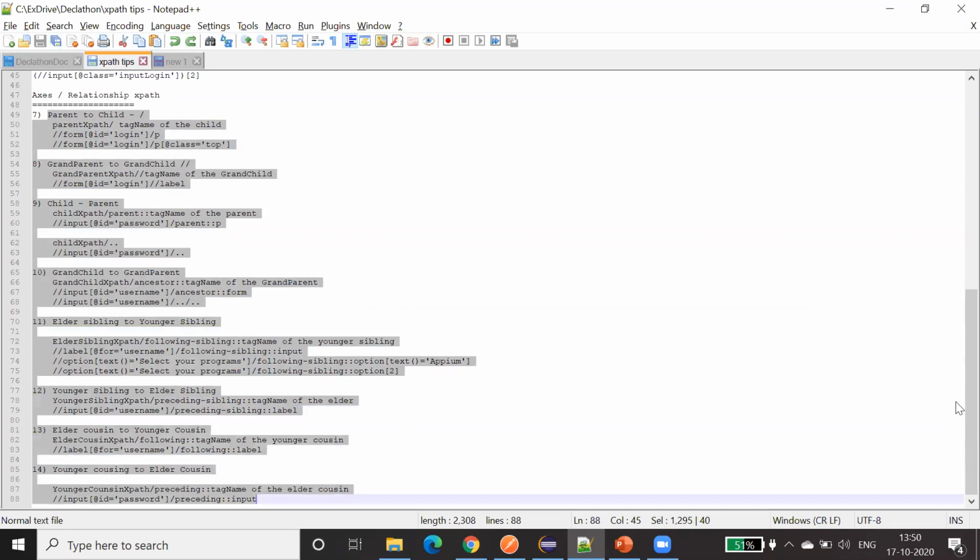You will achieve all things by using this much of XPath only. If you are not able to use a simple one, you can go ahead with this, and from this we can identify. So this is all about XPath. And CSS selector is mostly not used because it's